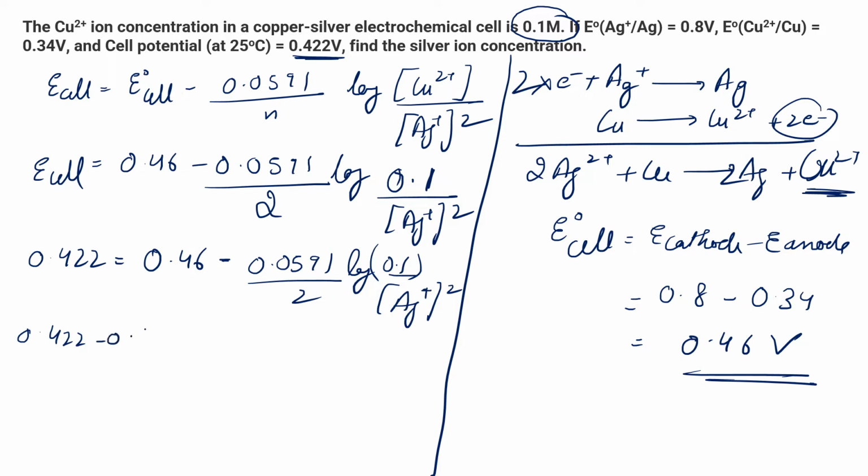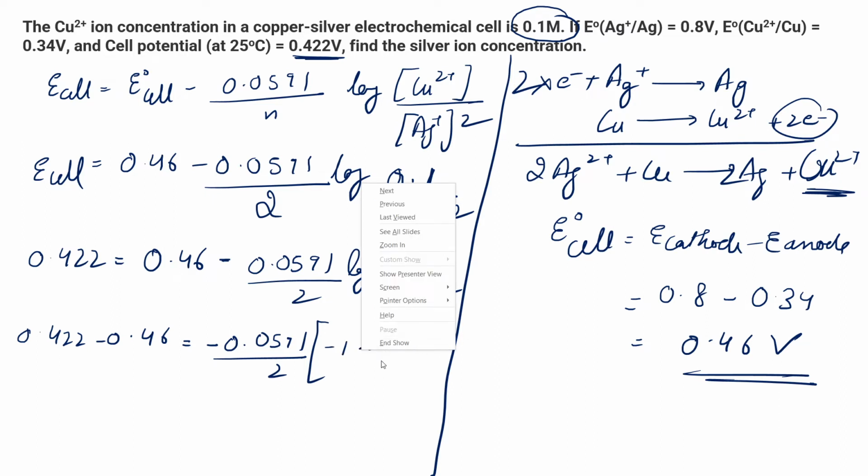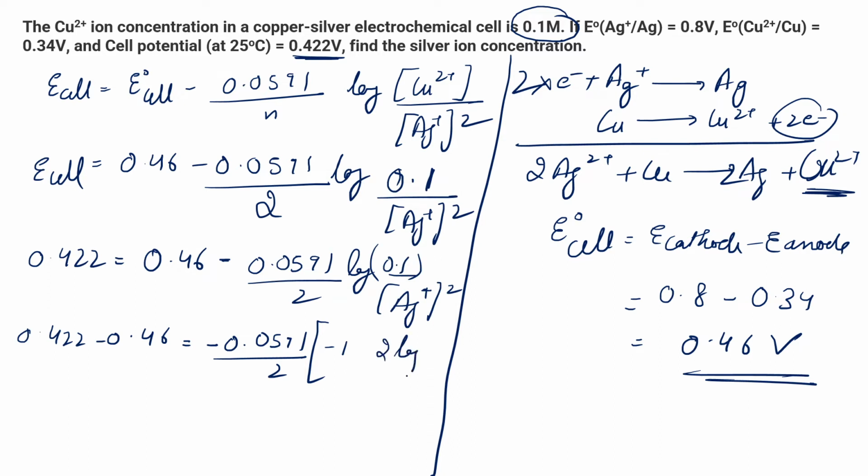0.422 minus 0.46 is negative 0.0591 by 2. Here we'll try to solve the log first. So we have log of 0.1 is minus 1, minus 2 log of silver ions. Okay, so this is in the multiplication. Therefore, in total we'll be getting the value, that is 2 log silver ion